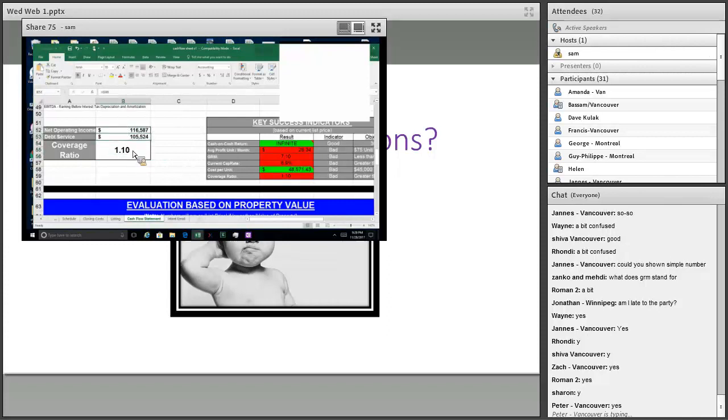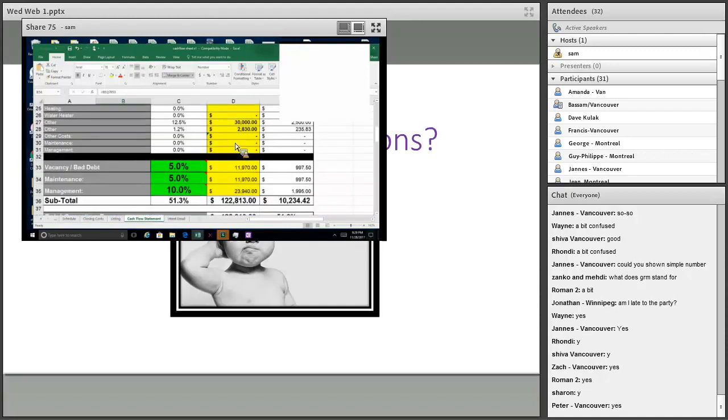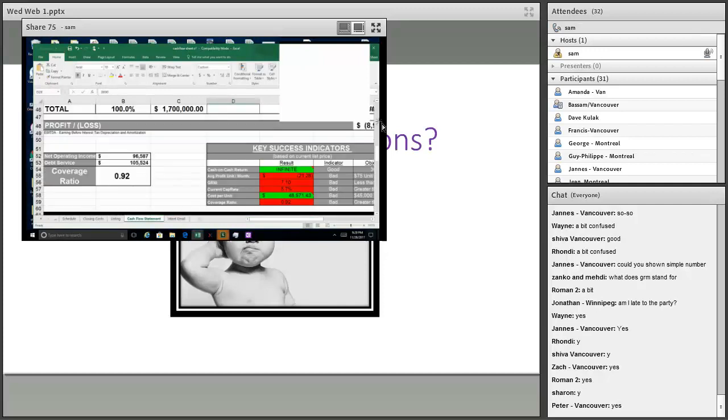Now, institutions don't want to see this. Why? Because that means the property has to be perfect. There can't be any room for error at all, and we'll be able to manage it. So we don't want the coverage ratio at 1.1. 1.2 is great. But if it was lower, what does this say? This says we don't bring enough money in from our property to cover the debt that we have. Very bad.